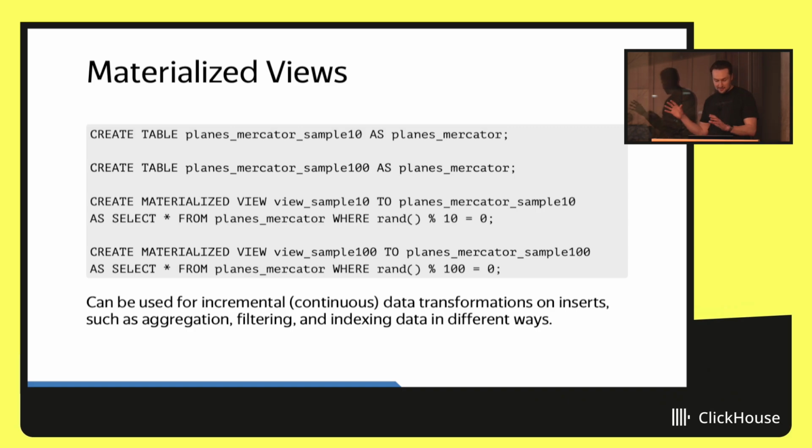When I render these pictures, I first render just from the single percent. Then, when it is ready, I render 10% of the data. And when it is ready, I render 100% of the data. So my demo is responsive thanks to materialized views that create these sample datasets on insertion.